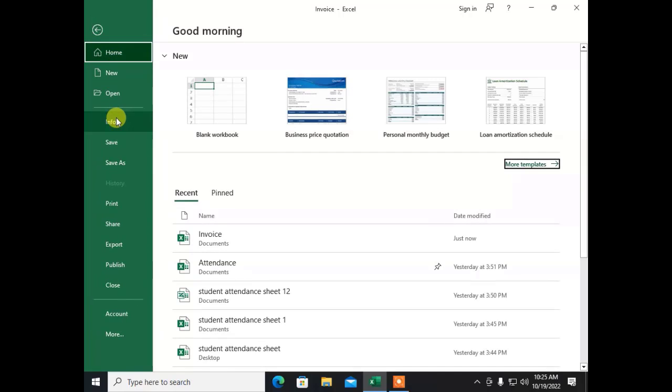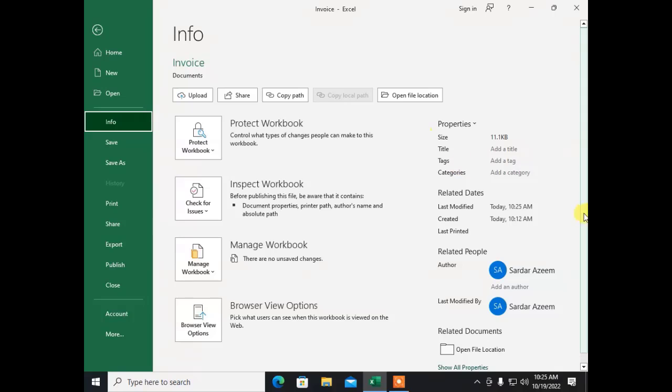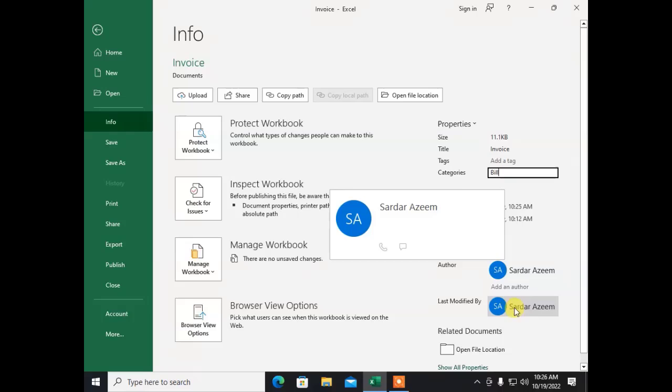That is the Info command. The Info command displays the information about the file. For example, it shows that our file has the size of 11.1 kilobytes. It has no title yet because I have not provided it the title. I'll give it a title, invoice, and you can also type the tags here and category here. Now the date of modification and date of creation is also mentioned, and the user account which is creating this